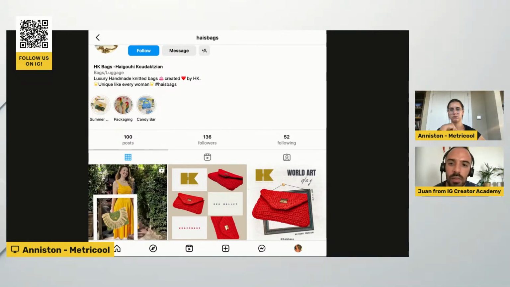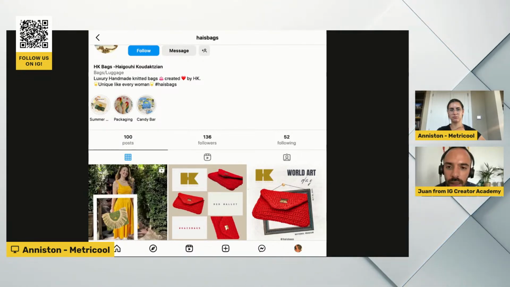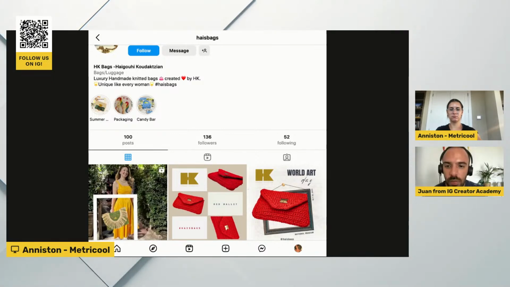But again, it's missing some reviews. It's missing some of the story behind the brand, the business, the founders. It's missing some extra information or value that could add more to the experience of someone that's just landing on your profile.